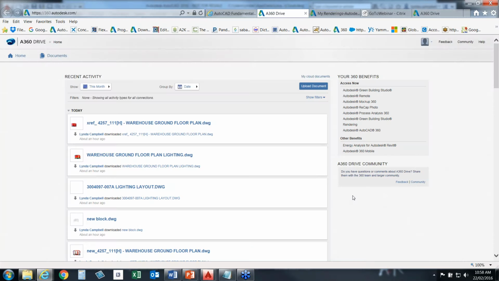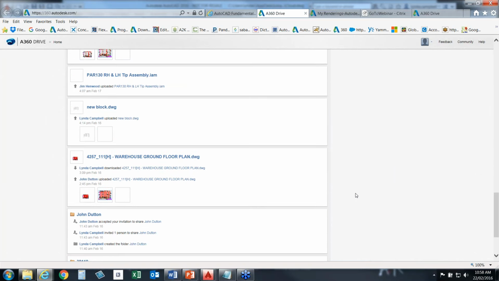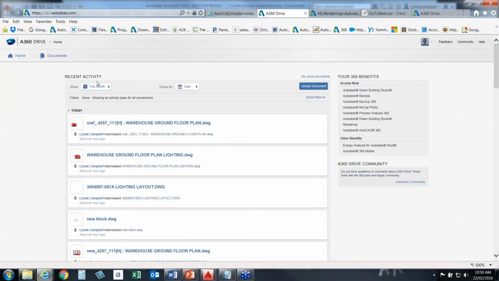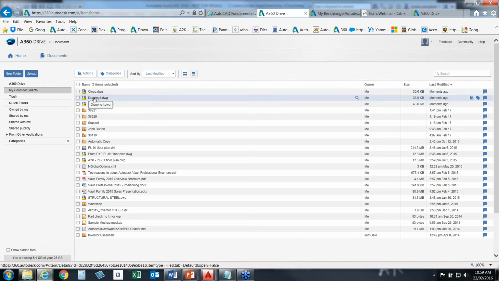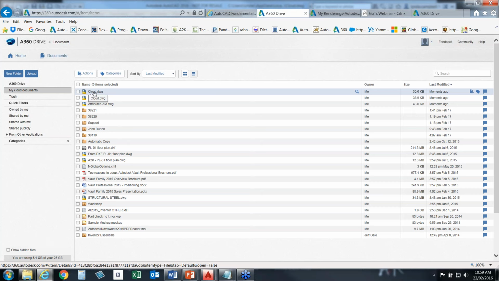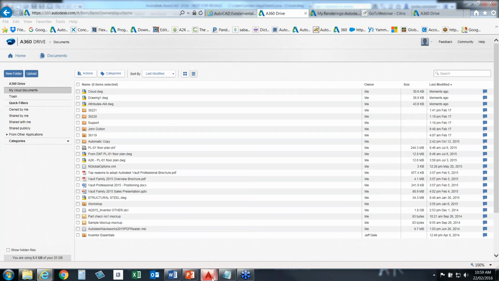Go back into your A360. You can see those two drawings that I selected, attributes AM and drawing 1 are there, and then this drawing cloud.dwg, that's the drawing that I've just saved into Autodesk 360, but I've also got this option on the left hand side, my cloud documents, and it just brings me also into this folder environment. One last thing to close off with,